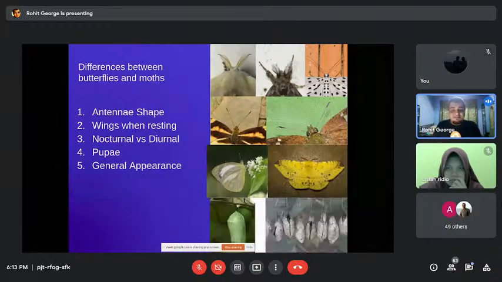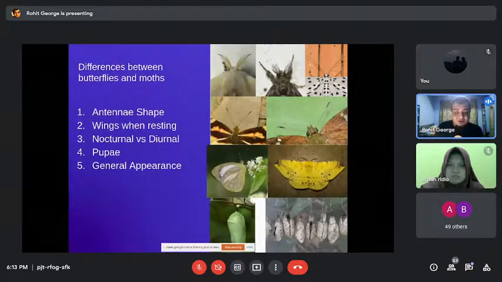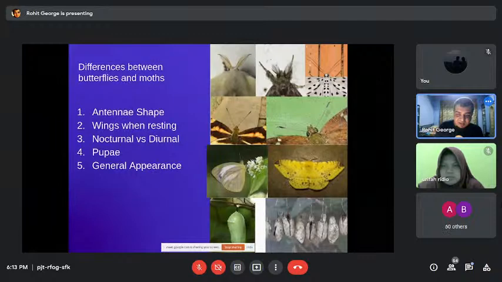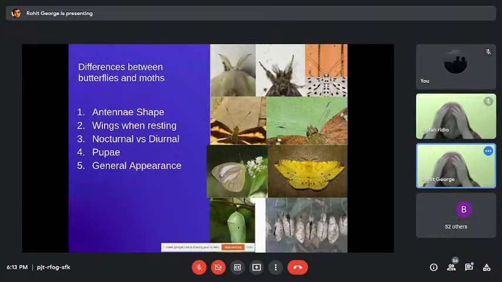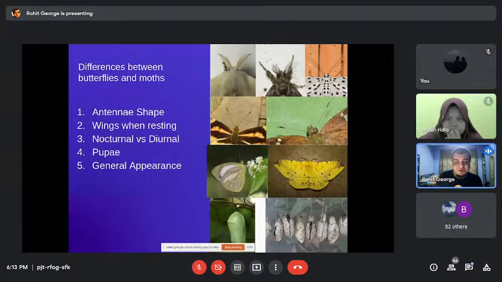Life cycle. This is the phase in between the caterpillar and the adult, the pupa. In butterflies, the pupa is called a chrysalis. Normally it will be smooth and shiny outside. Moths may have a hairy case, and inside that will be the pupa. Butterflies have a slightly smoother kind of look to them, whereas moths look a little bit more furry, a little bit more fuzzy. For lots of moth families, the size of the scale is much bigger.